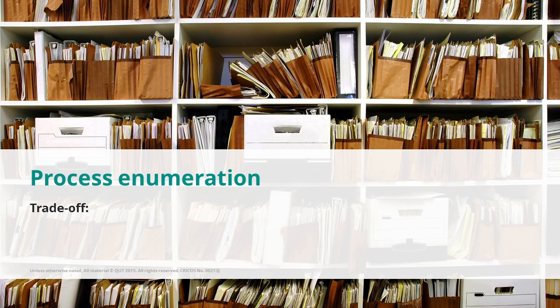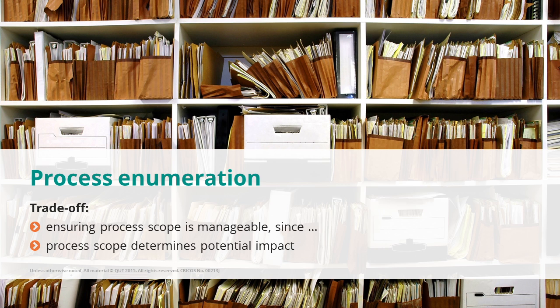So, in order to enumerate our business processes, we need to ensure that the process scope is manageable, since the process scope determines the potential impact of the project. So in other words, it's a trade-off between the total number of business processes that we identify and the scope of each individual process. Because the larger the number of processes that we identify, the smaller is going to be the scope of each process, hence the impact of any BPM project that aims at managing and improving these business